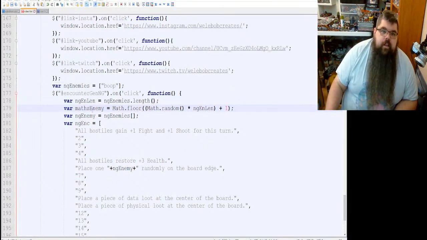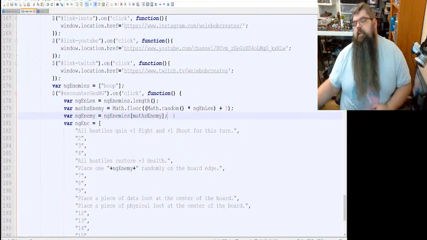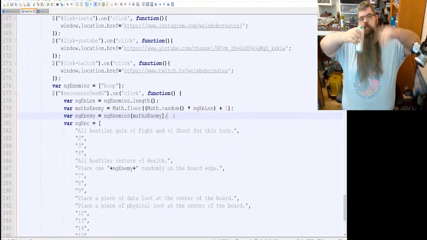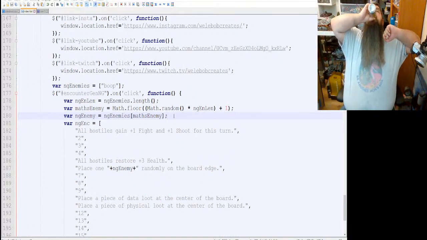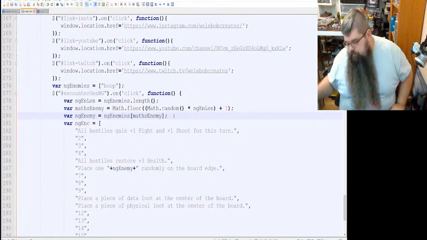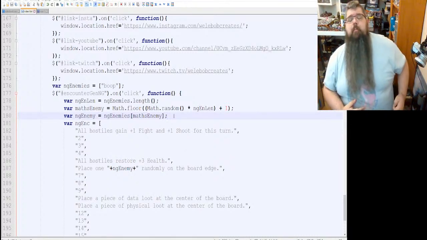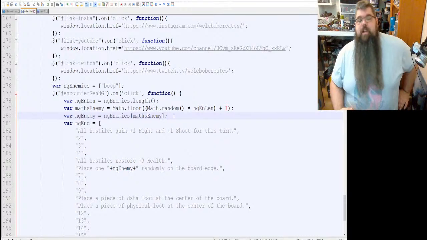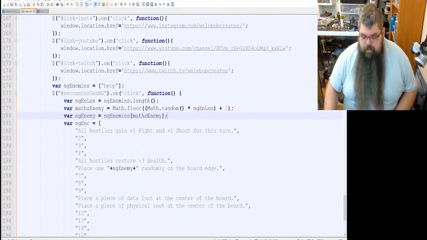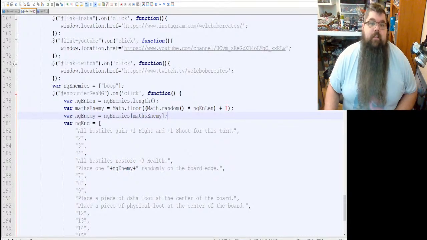So then this maths random here has a number to pull randomly out of the enemy options. Okay, so essentially we're building multiple random pools and then just pulling out of all of them. As many points of random as we can create is going to create way more variance in the encounter table. So it should make it so that encounters are way less likely to be the same.